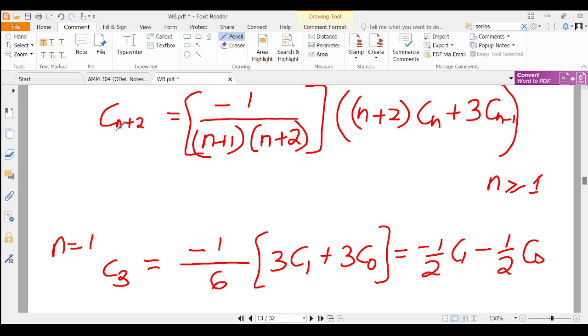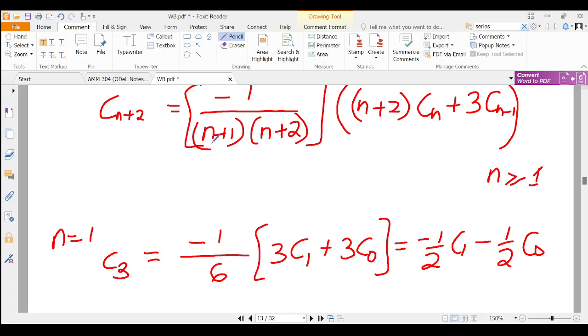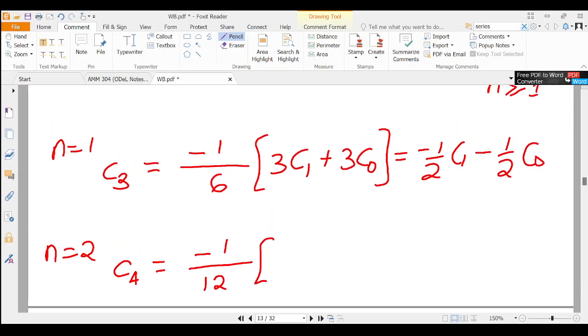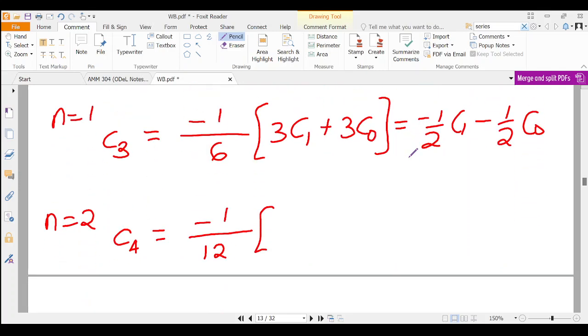we come back here, n is 2. 2 plus 2 is 4. So we get C4, which will be equal to minus 1 divided by, now we substitute here, n is 2. So 2 plus 1 is 3, 2 plus 2 is 4. So 3 times 4 is 12. So we get 12. Then inside the brackets here, we get 2 plus 2, which is 4 C2, then plus 3 C1. So we get 4 C2